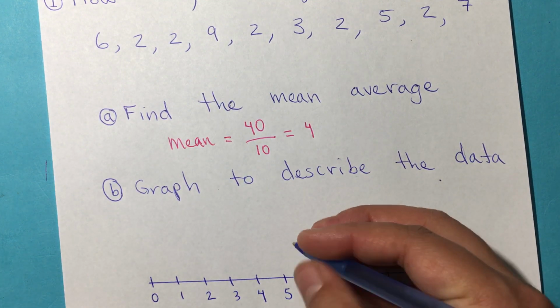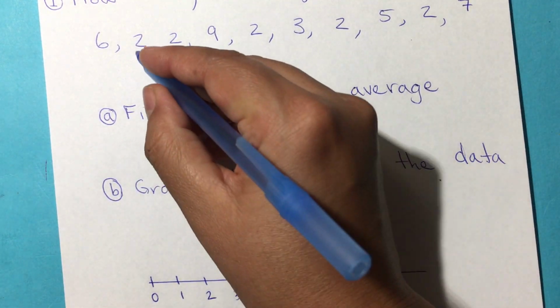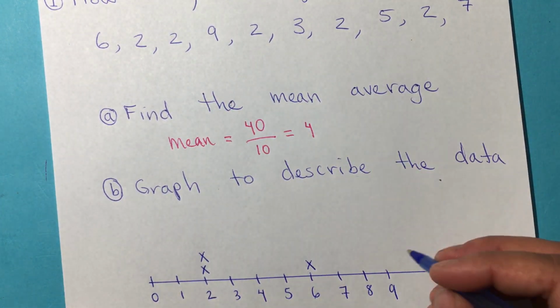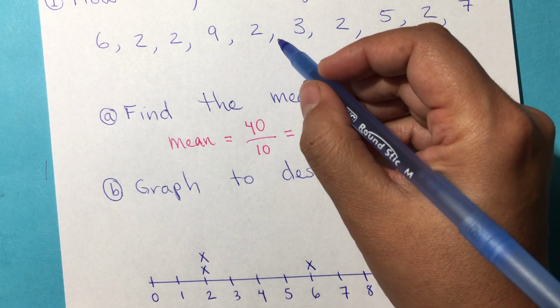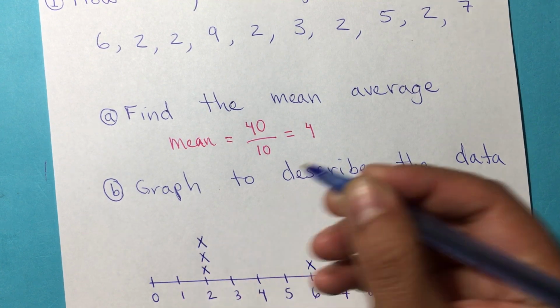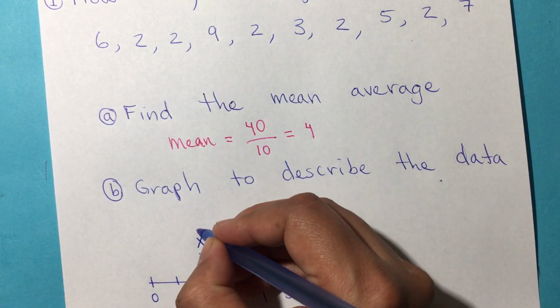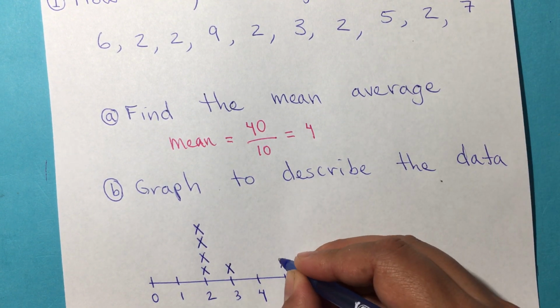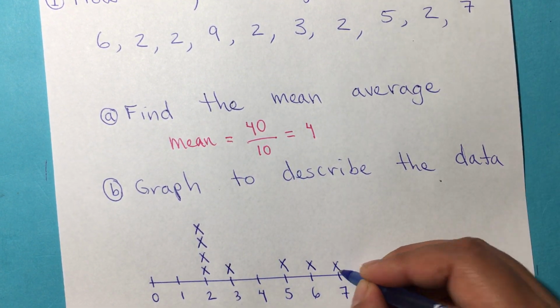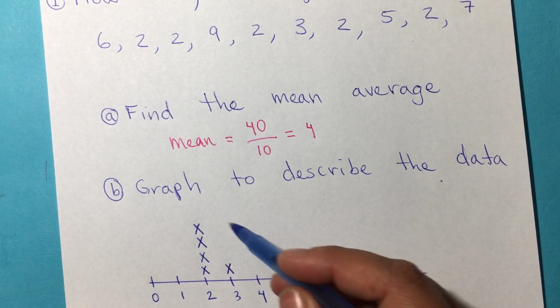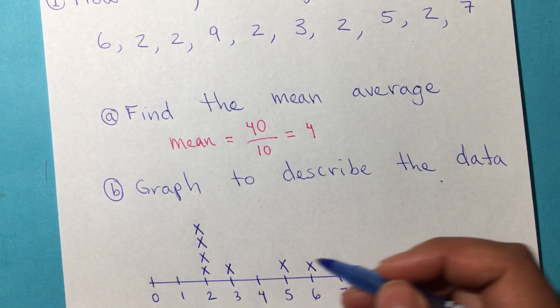So 6 is right here, 2, 2, 2, 2, 9, 2, 3, 2, 5, and 7. So if you look in here, when you have many items on the left, then it's said